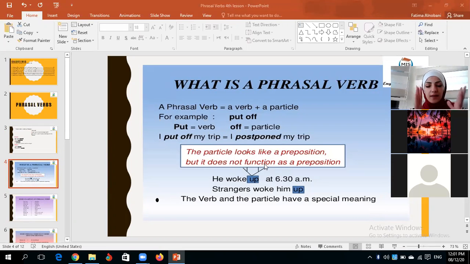If you remember, I think the boys would remember, and the girls, I don't know if Ms. Farah told you this, but in English, we have only a small number of words. And then the English language is based on combining these words to produce new words. We have the word wake or woke, and we have the word up. When we join them together, they become wake up. It's different from Arabic. Arabic has a lot of vocab, a lot of words in the dictionary, but English doesn't.